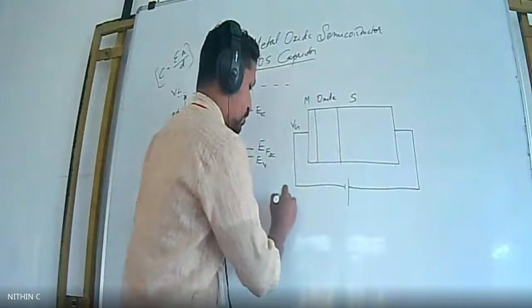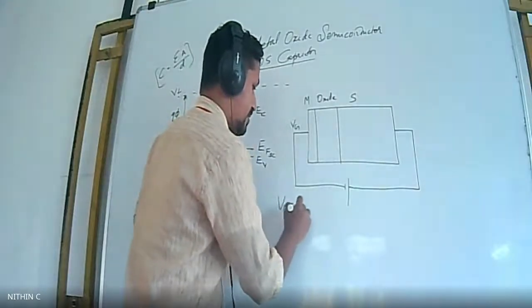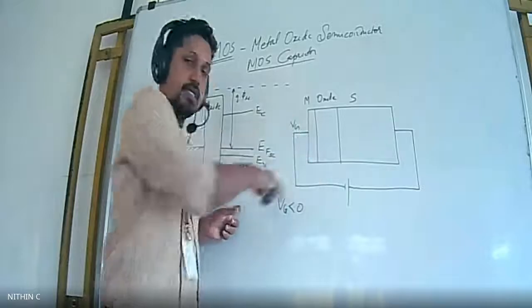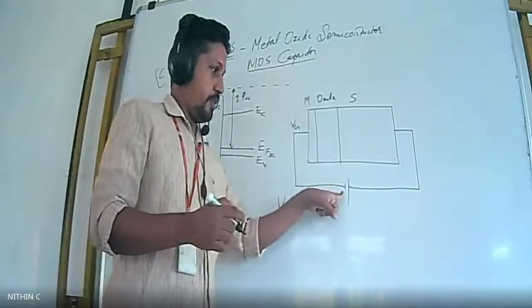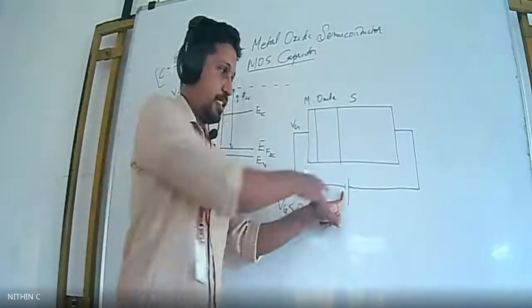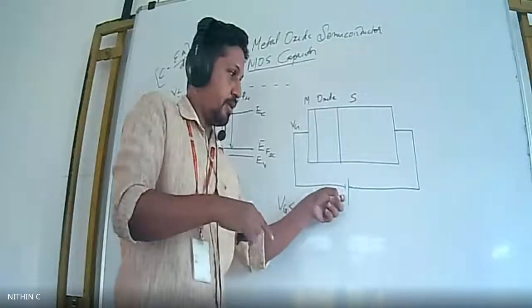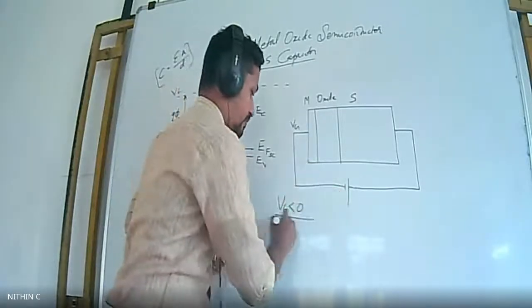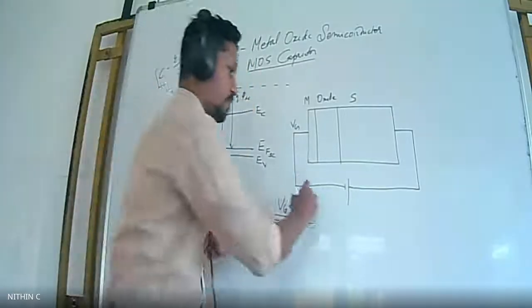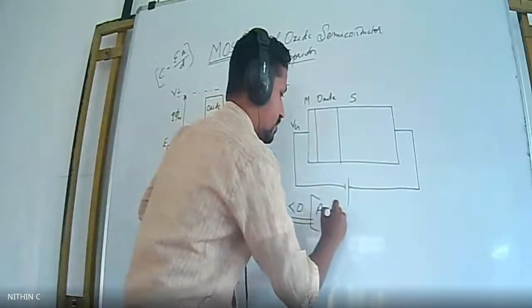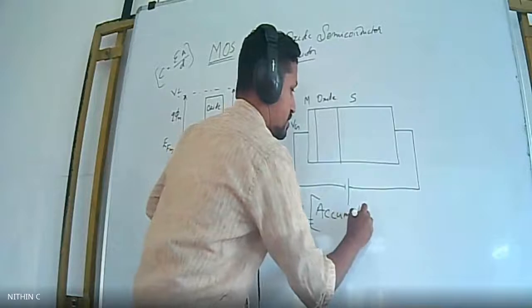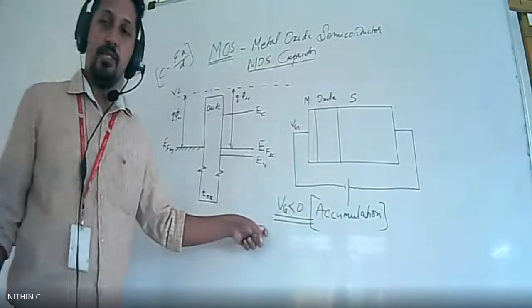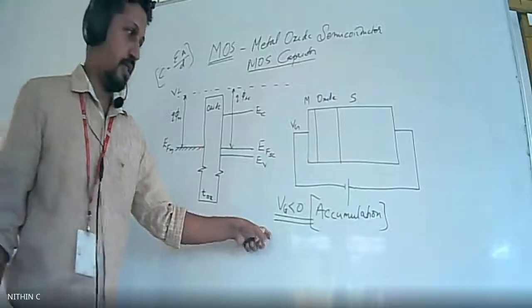At first, I am going to take the VG value as less than 0. VG is the gate voltage, and the voltage I am applying here is less than 0. That's why I have connected this in the reverse manner. Less than 0 means negative, a reverse battery connected. This will be the first mode we are going to discuss, and it is called the accumulation mode, in which the applied voltage VG is negative, VG less than 0.